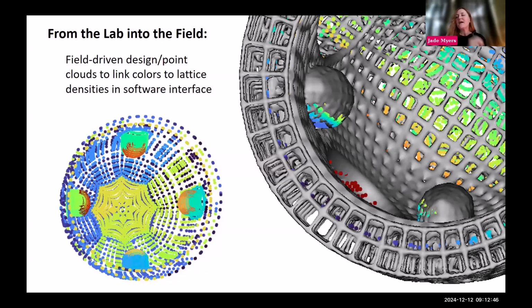densities of lattice structure. So what this would mean in practice would be that a prosthetist could essentially color in on a digital view of the socket they had created for somebody, different areas of the socket that they would want either more or less stiffness throughout the socket, really pinpoint the areas of the socket that they wanted more or less stiffness in. And they could color those in different colors based on how firm they wanted things to be. And so being able to map those colors to that density very easily in software is